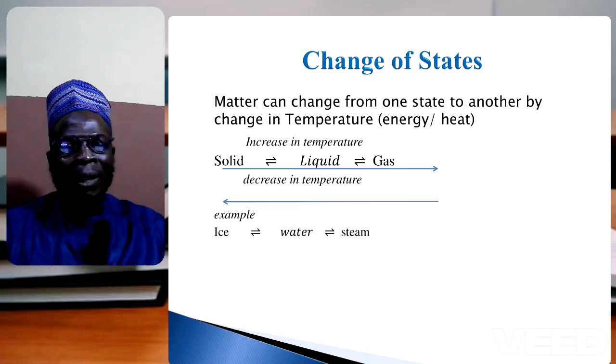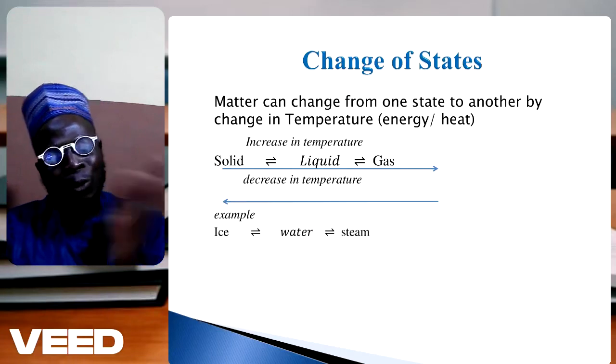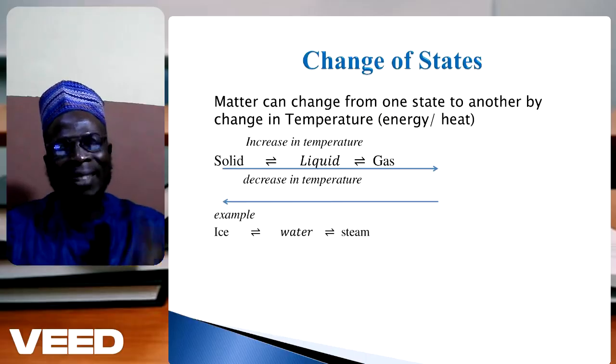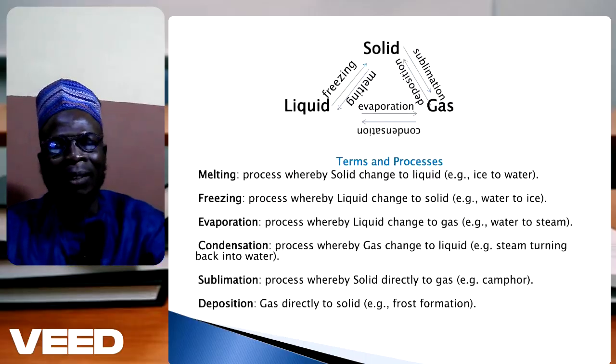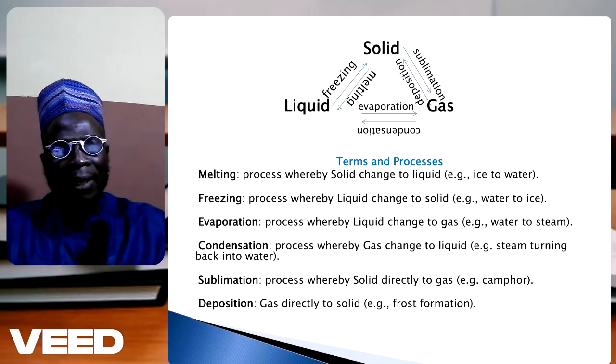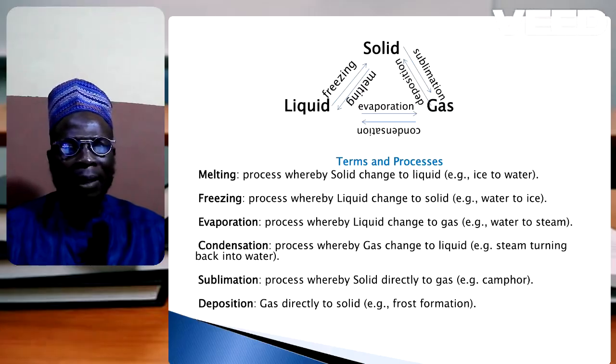solid. Now tí nǹkan bá wá move from solid to liquid to gas, a jẹ́ pé there is increase in temperature, ń gain energy, temperature rẹ̀ increase nìyẹn. Ṣùgbọ́n tí ó bá move from the gas to liquid to solid, tí ó move backward like that, a jẹ́ pé the energy is decreasing, the temperature is decreasing. Now, so if you look at the processes there, so náà ni àwọn processes tí àwọn solid máa ń gba: solid to liquid, liquid to gas, gas to solid, solid to gas, gas to liquid, liquid to solid. So ó rí pé ọ̀nà mẹ́fà ni àwọn processes yẹn máa jẹ́.